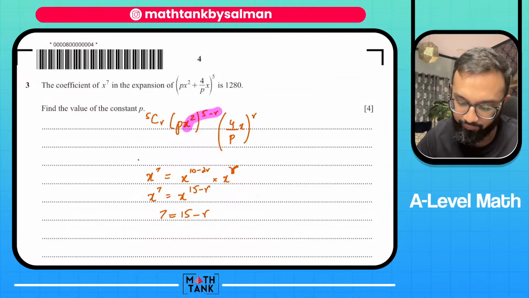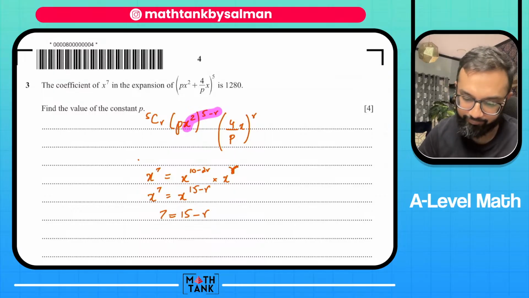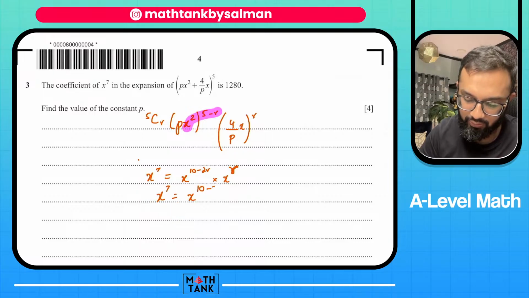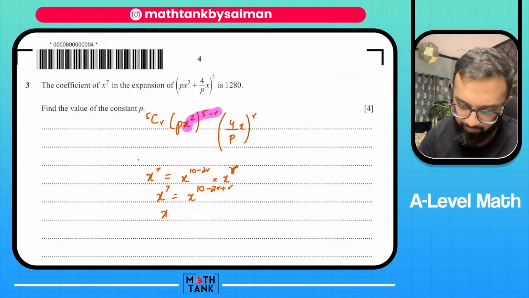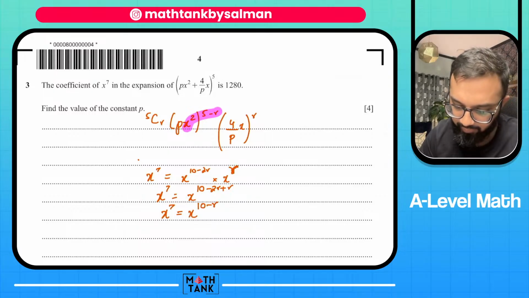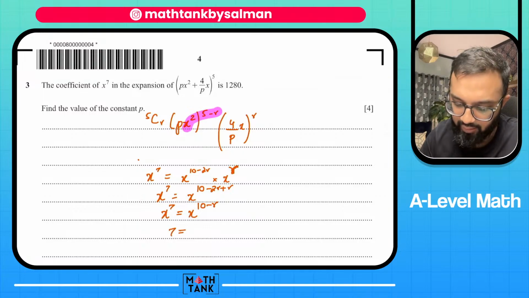R. So x power 7 equals 10 minus 2r plus r. 10 minus r. R is therefore equal to 3. So 7 equals 10 minus r. R is equal to